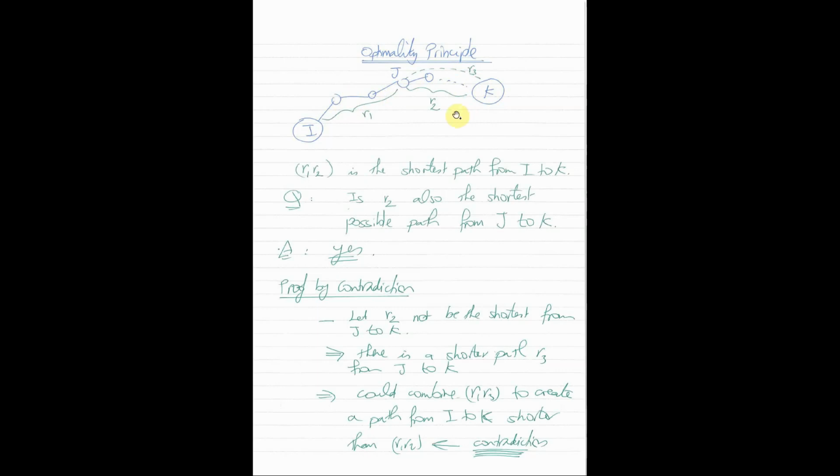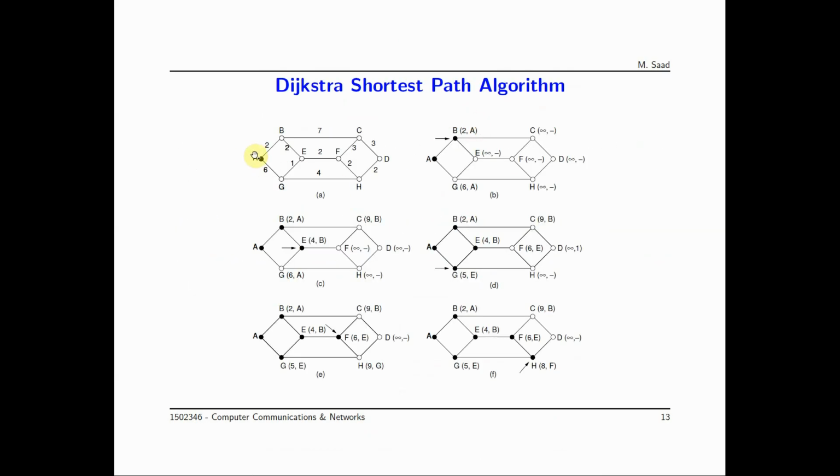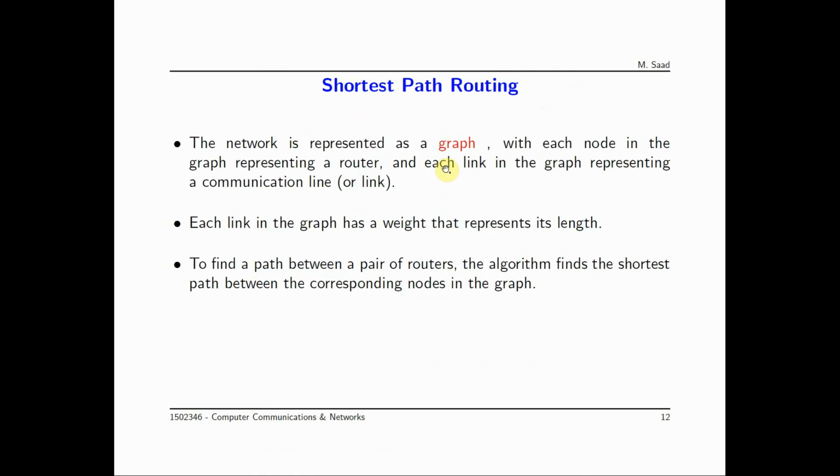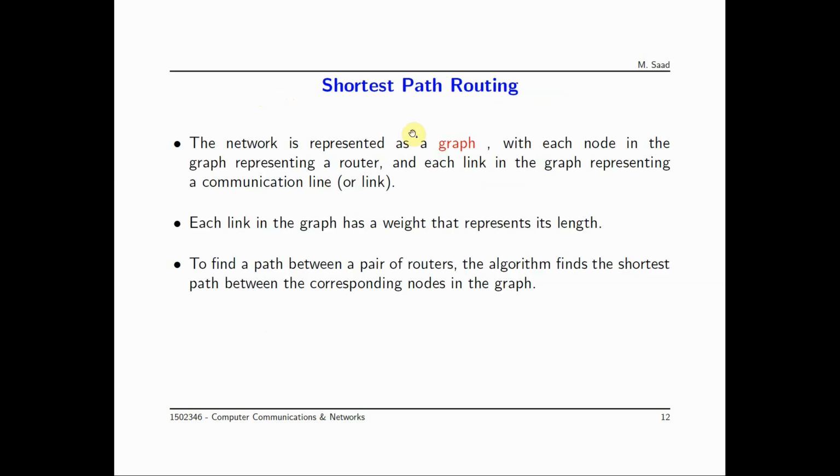This helps a lot in coming up with an actual algorithm to find the shortest path from a given source to a given destination. And the algorithm that we will study is called the Dijkstra shortest path algorithm. Dijkstra is the name of the person who invented this algorithm quite a long time ago. So it's a well-known algorithm even in computer science, and that's why, to talk about this algorithm, we would like